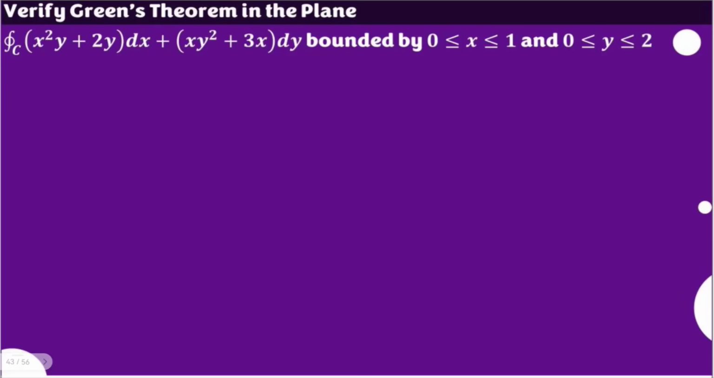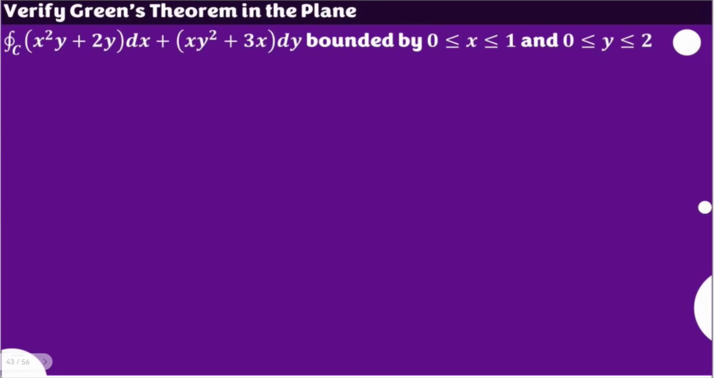Let's solve for the integral of the given function along your contour C, which is bounded by 0 for your x until 1 and for your y 0 until 2. But this time, let's use Green's theorem in the plane. Now, in order for us to do that, let's not forget that for Green's theorem to be applicable,